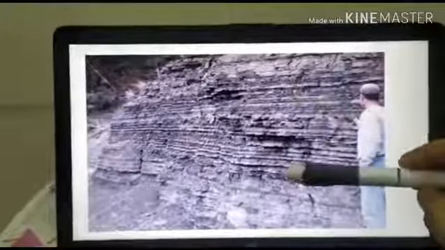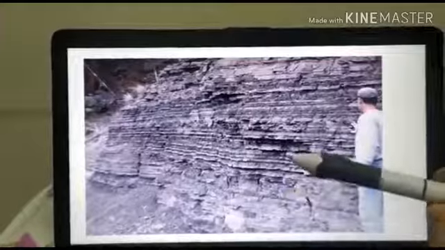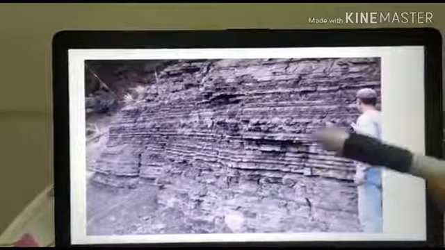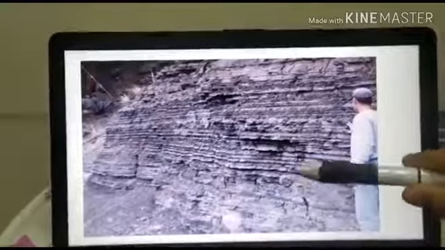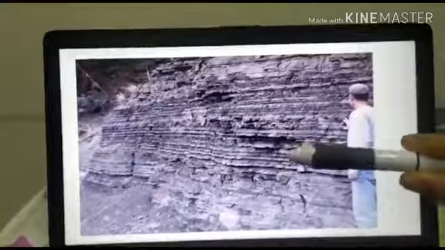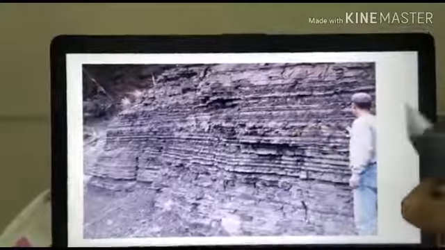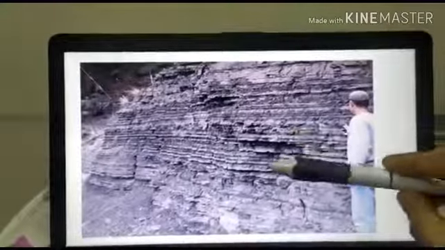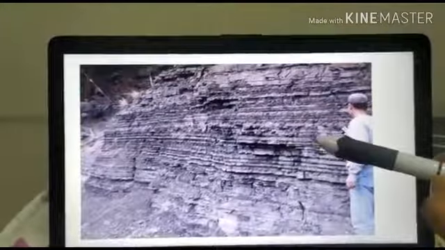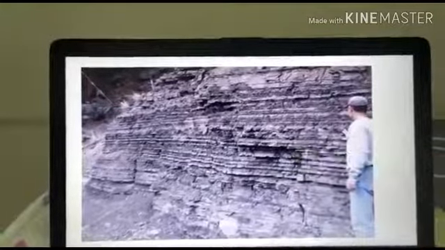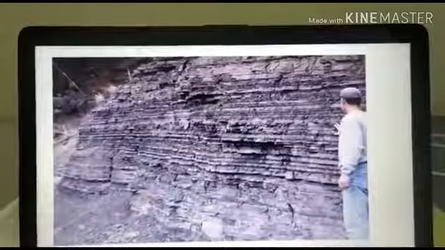There will be 2 layers. Some layers will be big, because in summer more water will melt, so more silt and mud will be deposited. So the sedimentary rock layer will be big. But in the winter, the heat of the sun and all this will be less. So what will happen? A thin rocky layer will be deposited there. So 2 bands of rock layers will form. This pair of band layers we can call a varve.